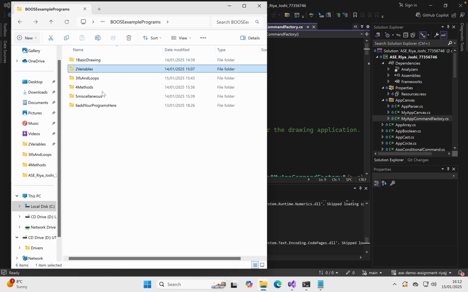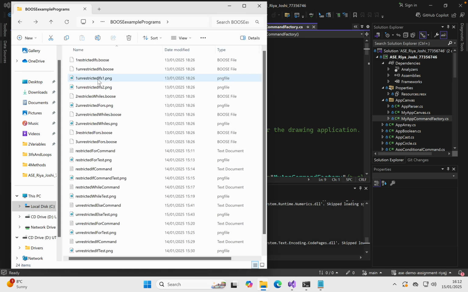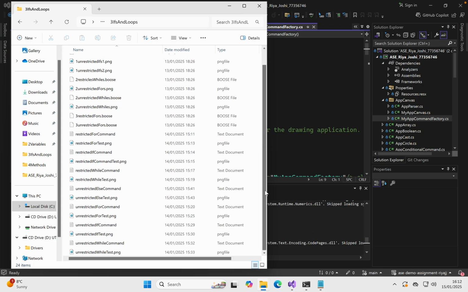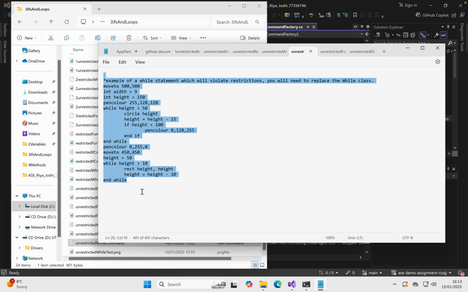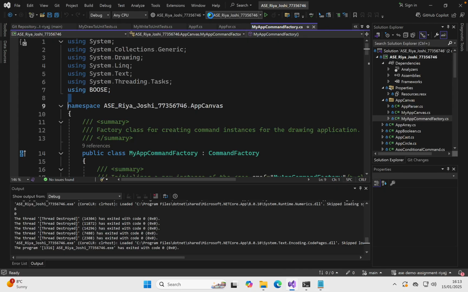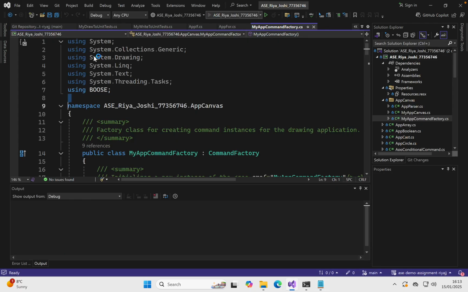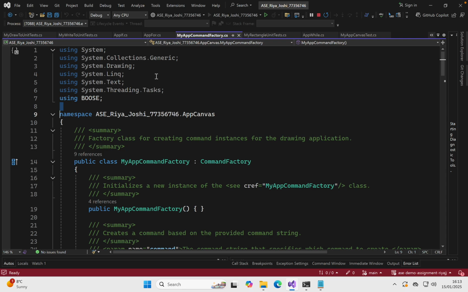Moving on to unrestricted while command, we are going to copy this code and see if it works in my project.